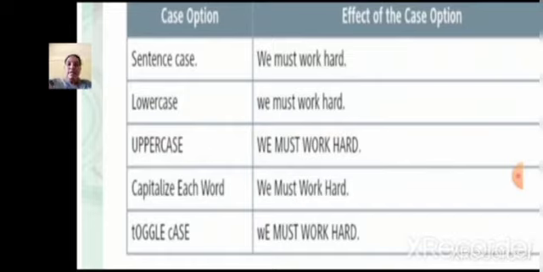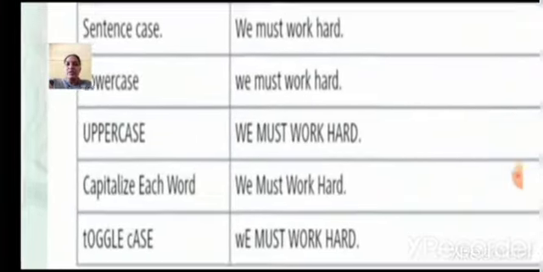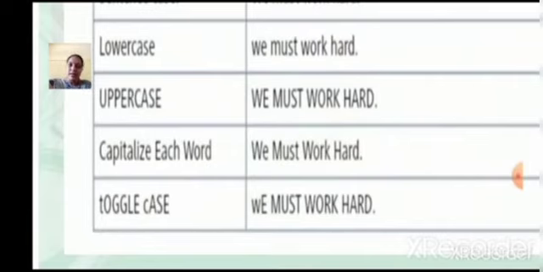Capitalize each word: the first letter of each word is capital and the other letters are small. No matter how many words you type, the first letter of each word will become capital.